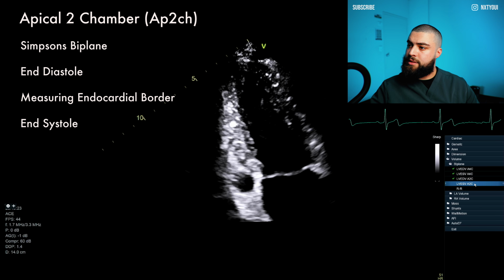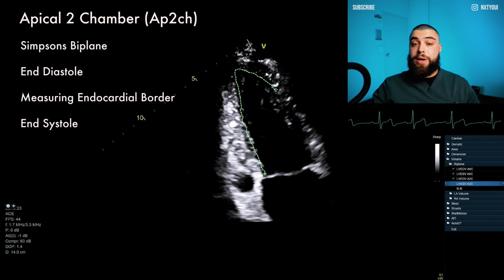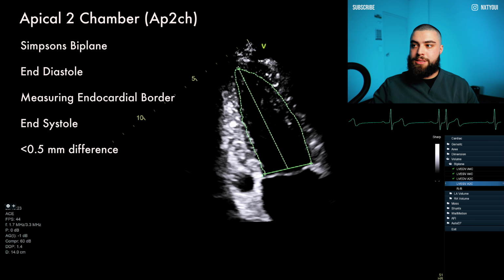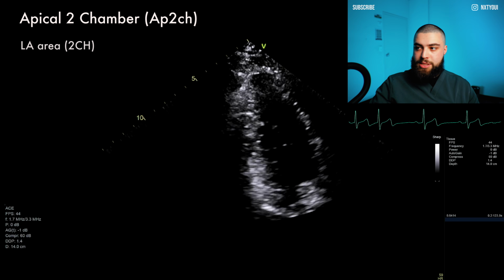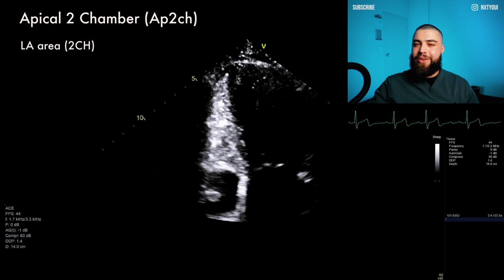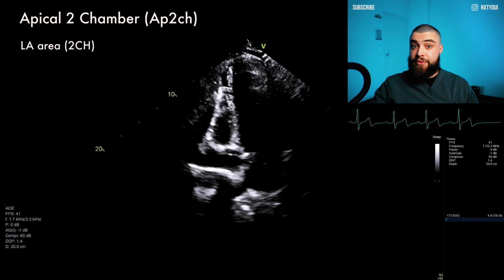Forward to systole. And all the way up. Same thing, tracing around that border, making sure LV is at its smallest. Between our 4 and 2 chamber, we want to have a difference of less than 0.5 millimeters. The closer you can get your length between your 4 and 2 chamber, the more on axis you are. If you had anything more than 0.5, you're probably off axis, you're cutting it obliquely, and you've definitely foreshortened one